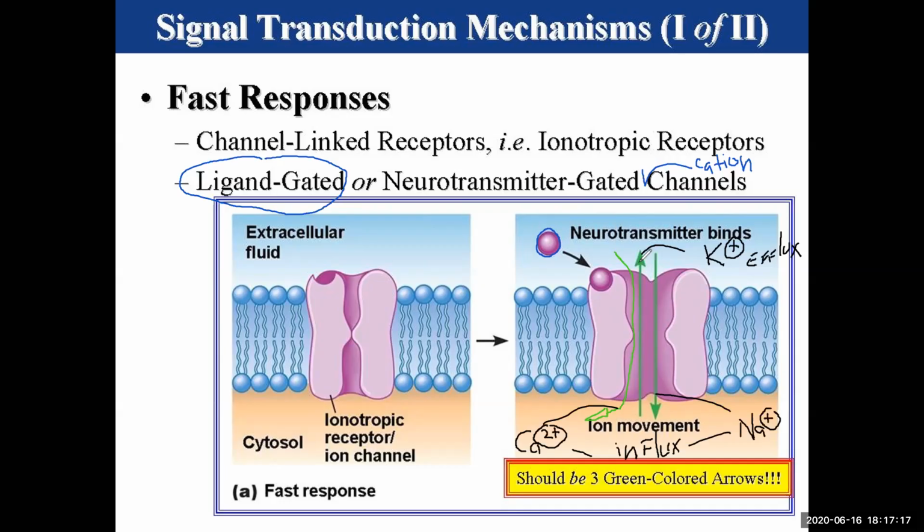And that's unique to the ligand-gated, neurotransmitter-gated cation channels, because even the ligand-gated anion channels don't do that. So if you talk about the anion channel, meaning they flux negatively charged ionic species,